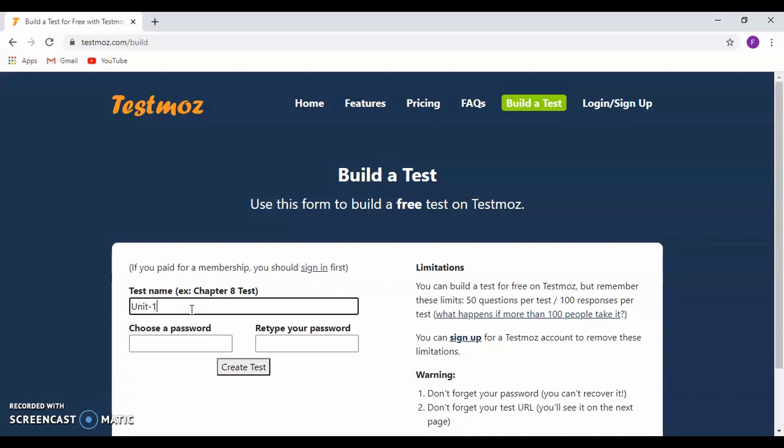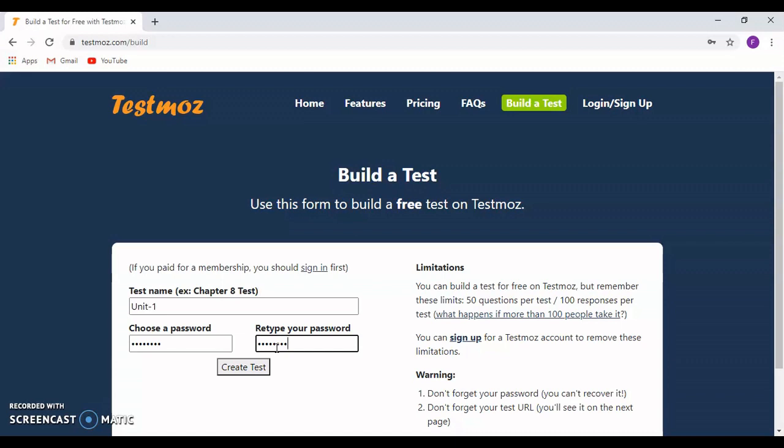Here I type the test name. I choose a password. I retype the password. One important point to be noted here is we cannot recover our password, so kindly note it down.